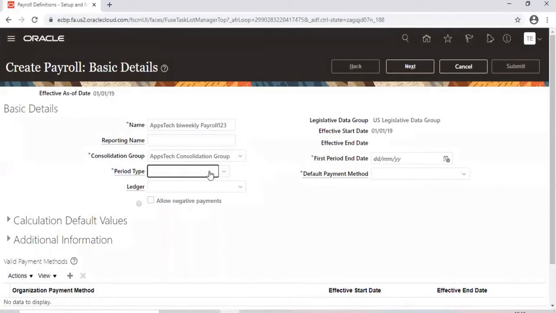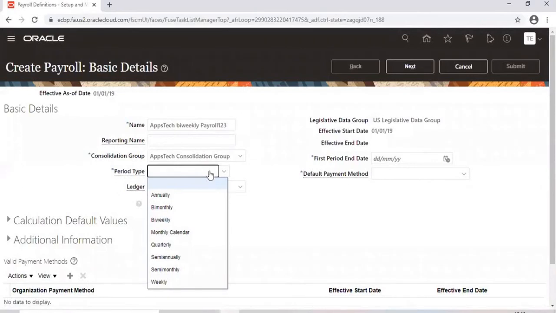Then period type. This is where you tell the system that if an employee belongs to this payroll, they are going to be bi-weekly or weekly or monthly. Monthly calendar is monthly payroll. You have other options, but we never have annual payroll, right? No one gets salary annually, but it's there.